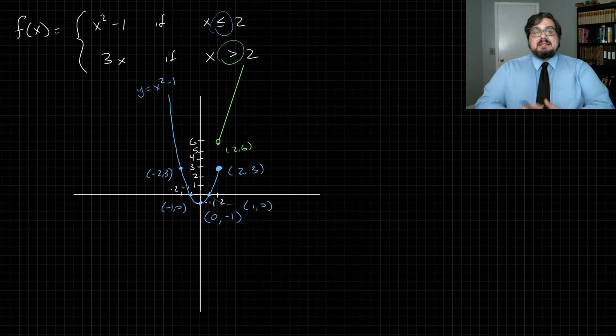So this is the basic idea behind piecewise defined functions and graphing them. It really is just a matter of graphing the individual formulas involved and then just erasing the parts that you don't need. You'll notice that this graph here does pass the vertical line test. If you draw a vertical line anywhere on this graph, it'll only pass through the function once. The only place where that's not totally obvious,